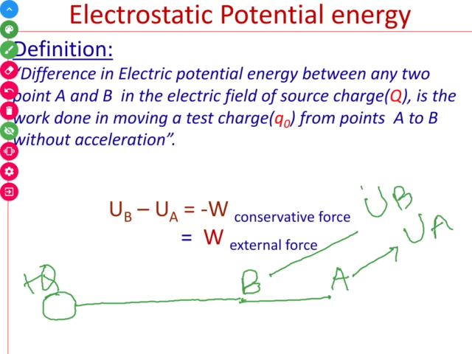The difference between these two, UB minus UA, is equal to the amount of work done to bring a test charge Q naught from A to B,